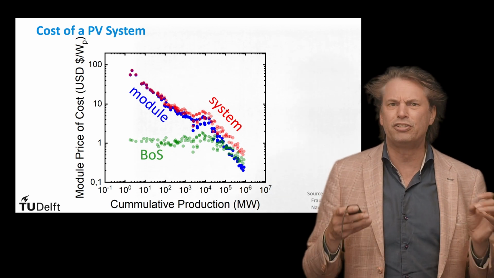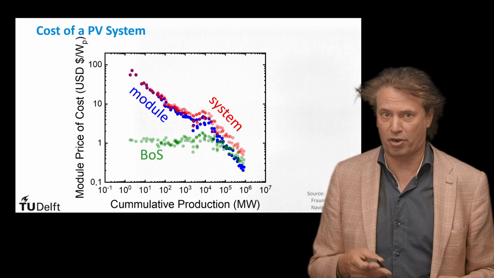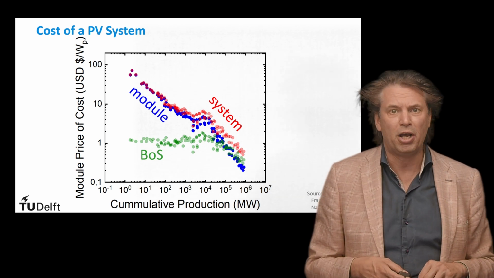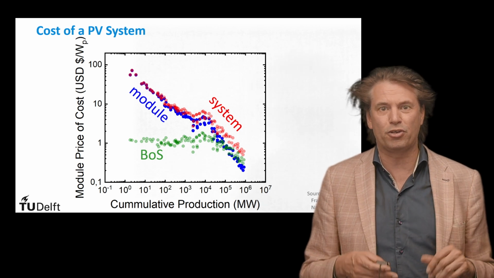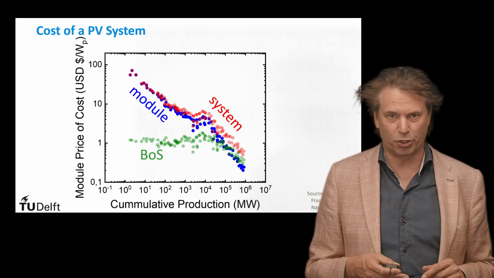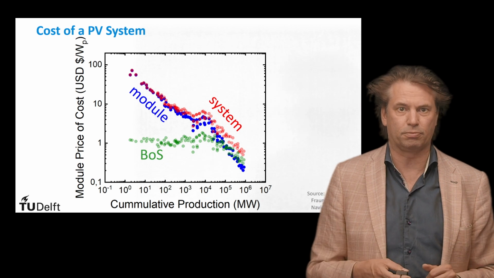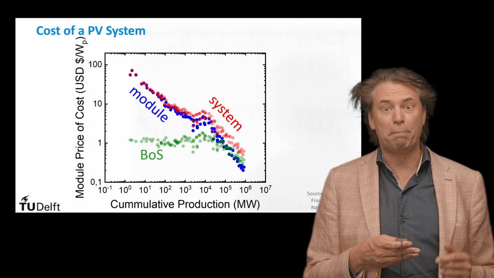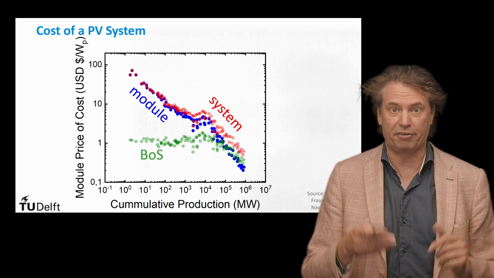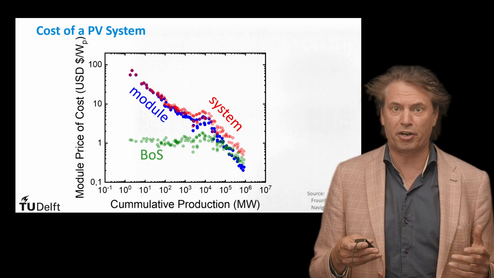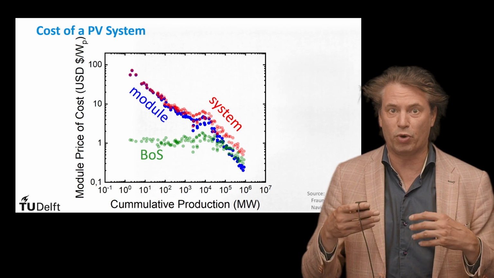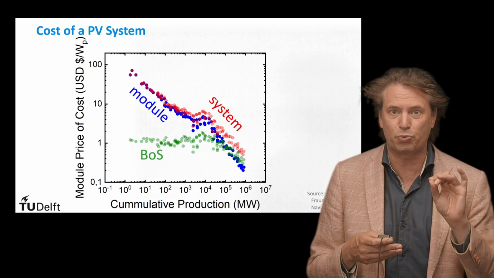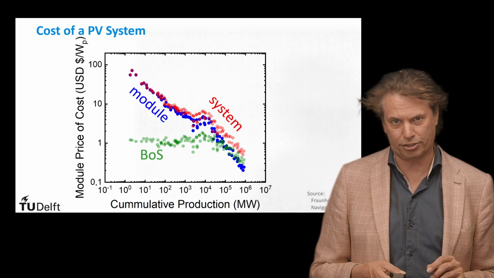This learning curve is not dropping as fast as the module price. This means that nowadays the reduction of the cost price of a PV system will be mainly limited by the cost price of the non-modular components, the balance of systems. Modules with higher conversion efficiencies mean higher yields per area. While the balance of systems per area is the same, the cost price per watt peak of the balance of system will consequently be lower for modules with higher conversion efficiencies.